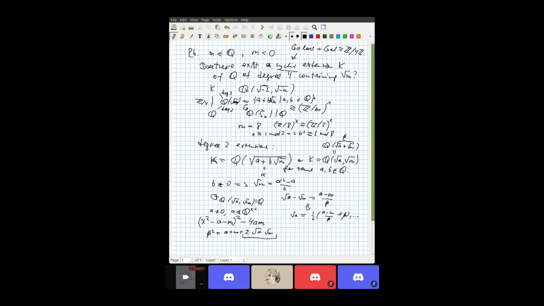It seems that it must be Z2 times Z2. Yeah, because we added the square root of a and the square root of m. So they are in the case when they are independent. Well, for instance, in particular they're not equal. They must be independent in cases where they're not equal, and perhaps in cases